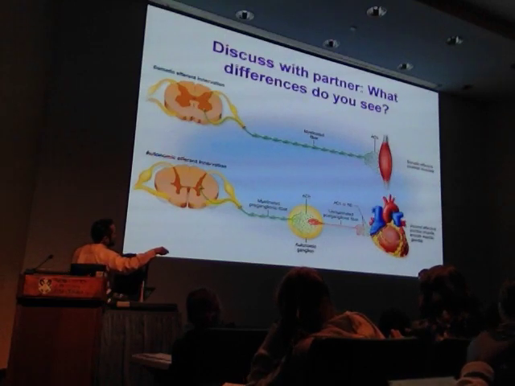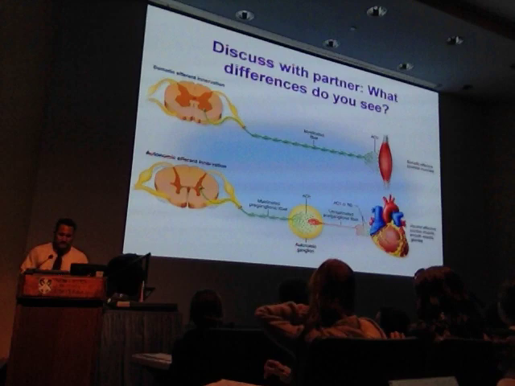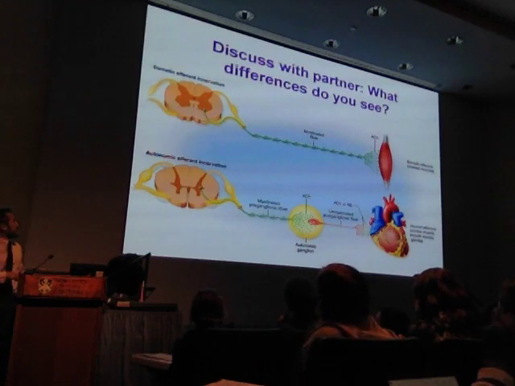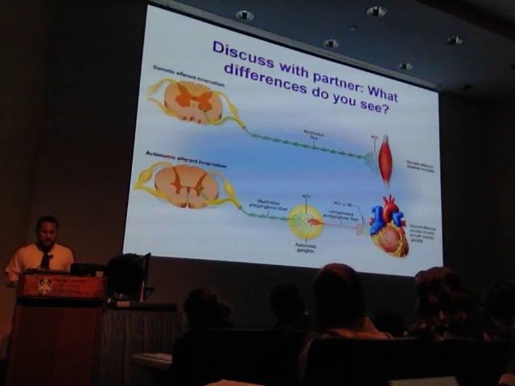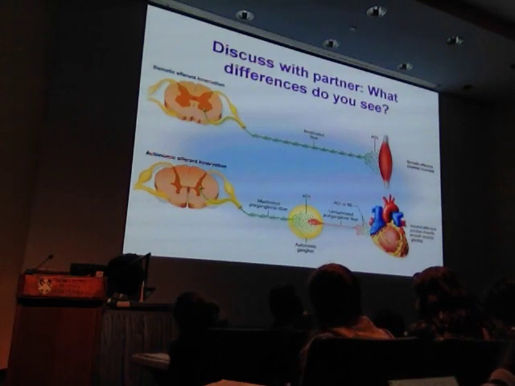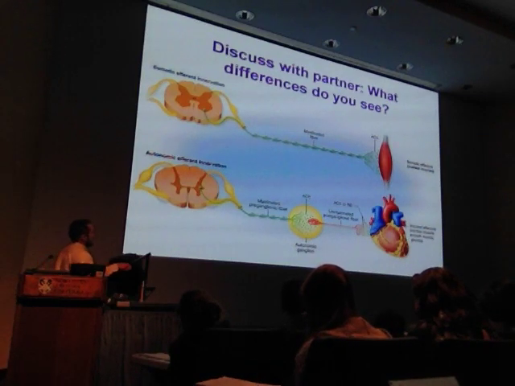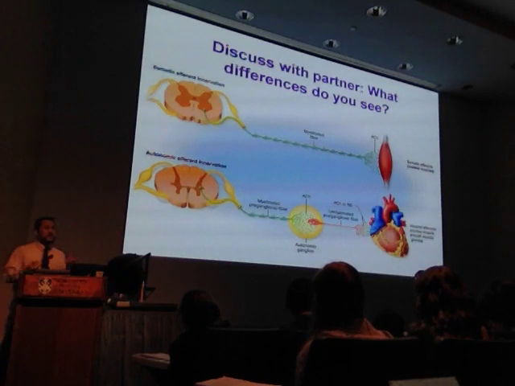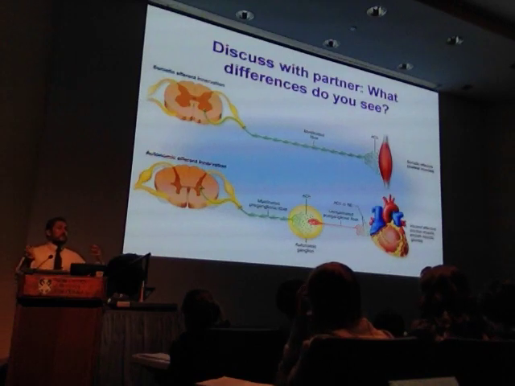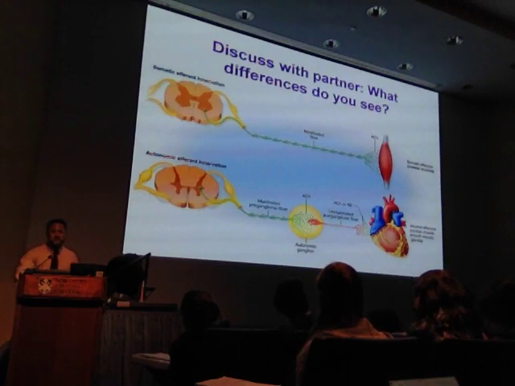We could use either norepinephrine or we could use acetylcholine. So we get some differences in the different pathways. We've got this one which is monosynaptic, meaning only one synapse. This one is polysynaptic, meaning many synapses. We have acetylcholine used exclusively in our somatic efferent innervation, and in our autonomic efferent innervation, we have acetylcholine used first and then a choice. So this is a slide that shows us we have some variety that can take place between the different ways that these arcs exist.